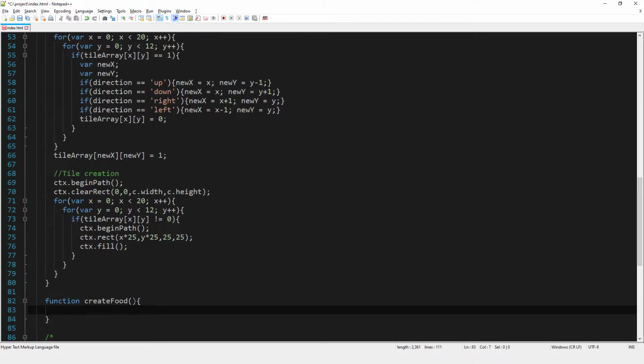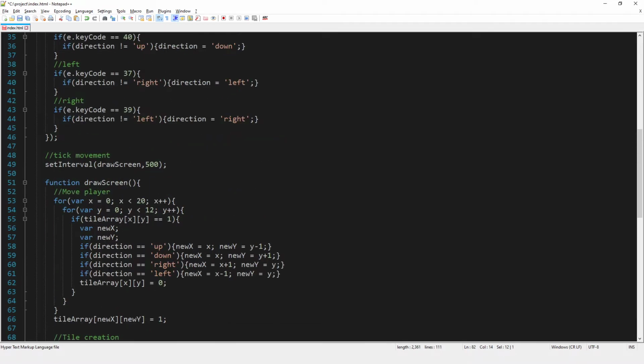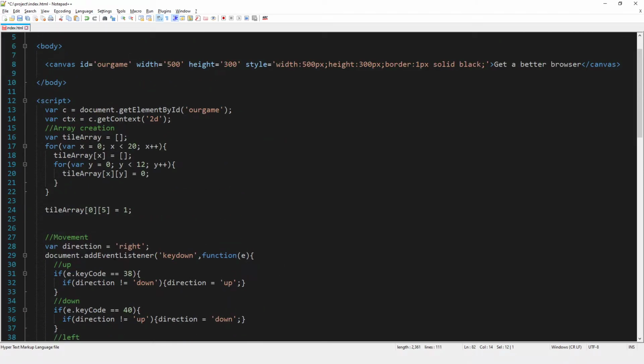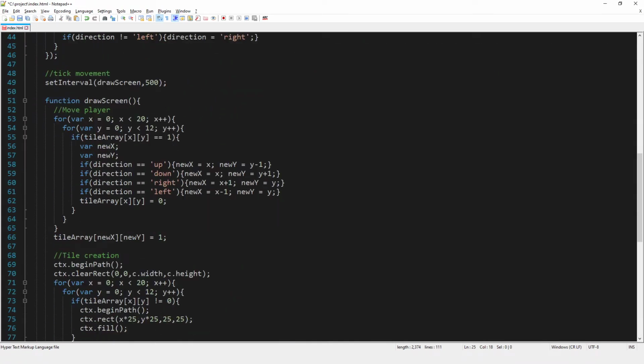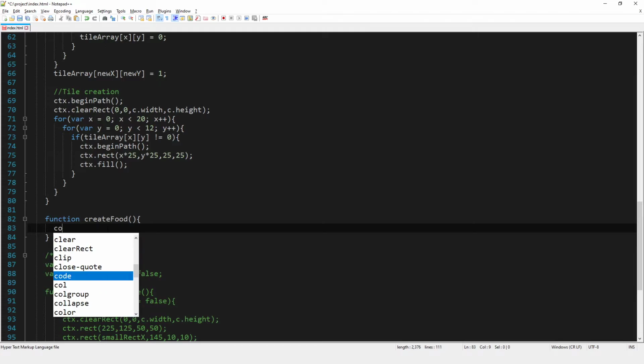Now we want this to be called, so I'm just going to copy this, Control and C, and we want this to be called straight away. So really early on, probably here, let's bung it there. This will be responsible for creating the food, and I might change this later on, but what we're going to do is console log